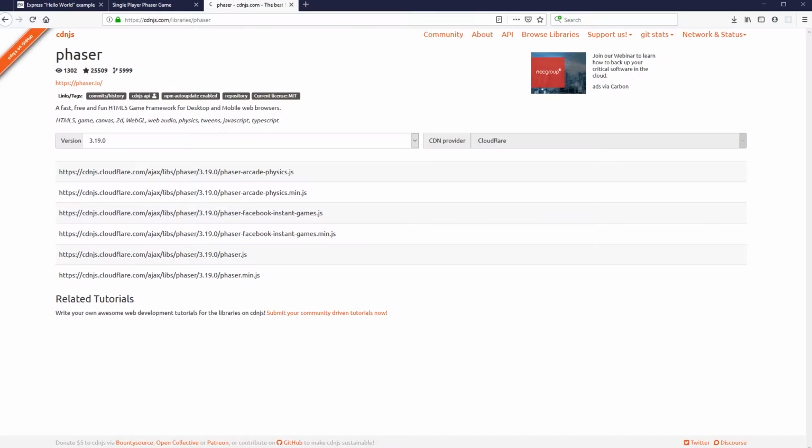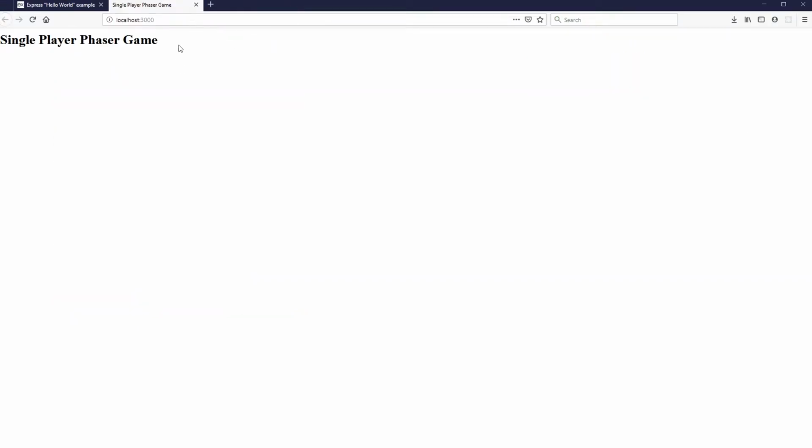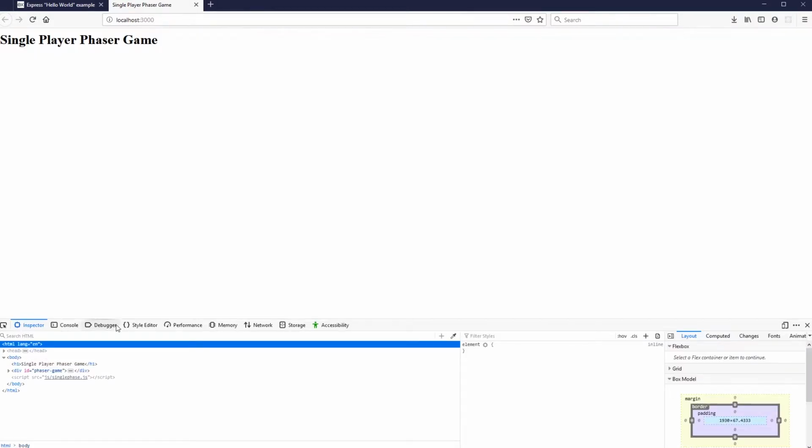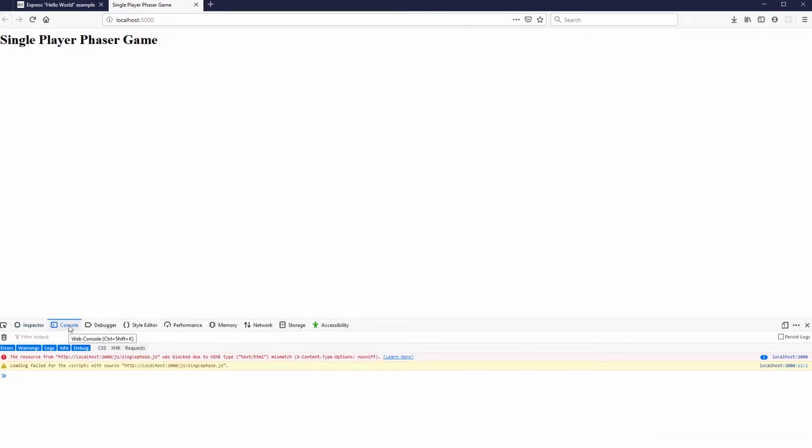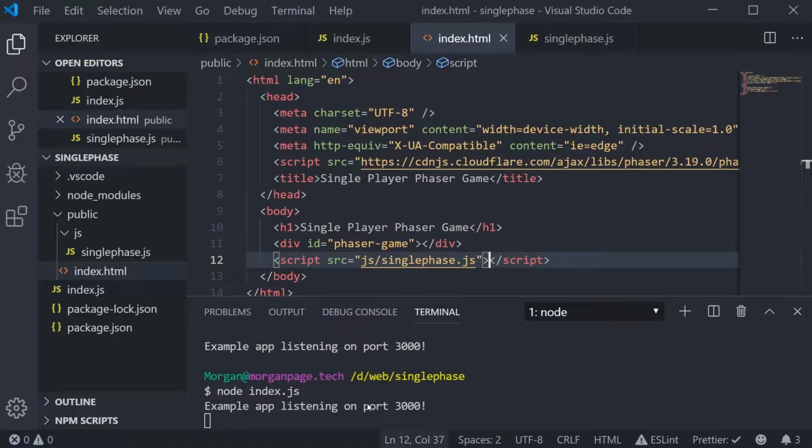So let's go back to our browser. Let's close this now. And if we refresh, we see nothing is happening. So let's debug this. If you right click and do inspect and then go to our console, we can see that for some reason Express is having problems finding this singlephase.js file. And that's to be expected actually, because we need to make a slight change to our